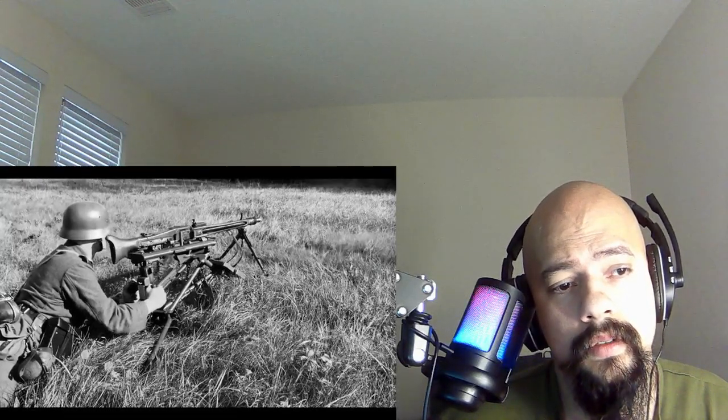The bipod made the gun lightweight and easy to deploy in prone positions, making it ideal for offensive maneuvers. The heavier tripod was primarily used for fixed positions and defense, offering stable and accurate...